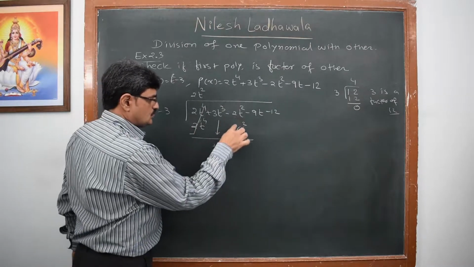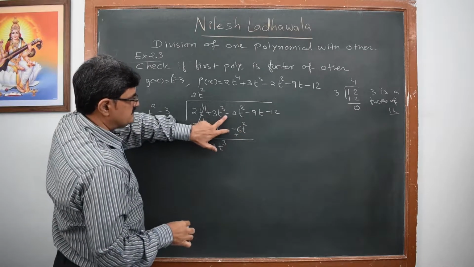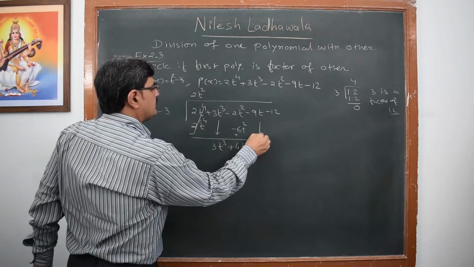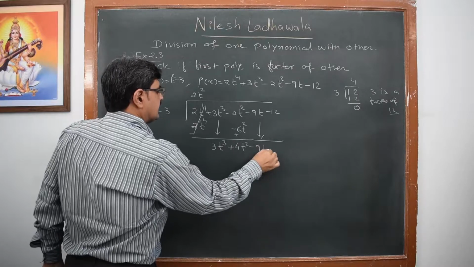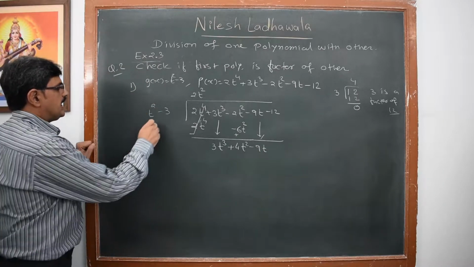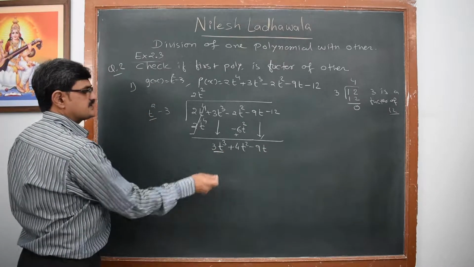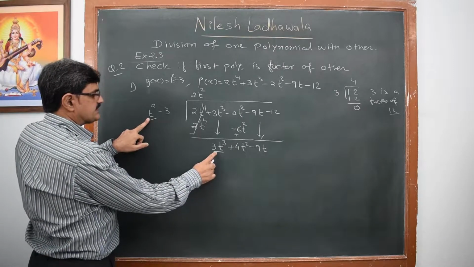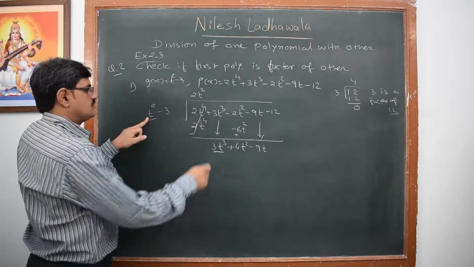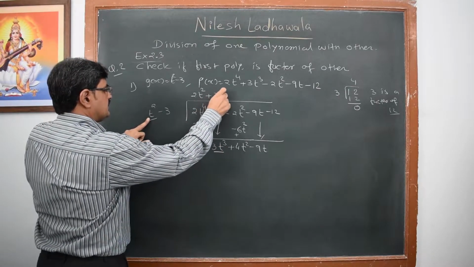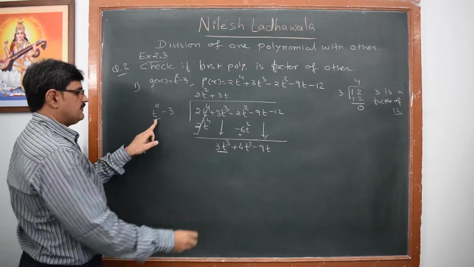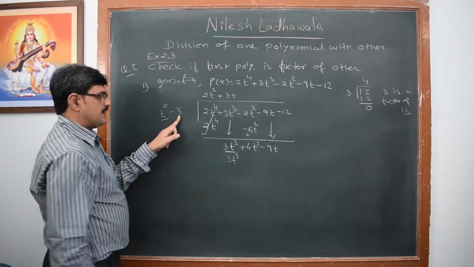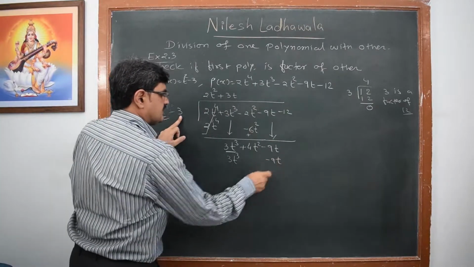Now minus 2 plus 6. What is minus 2 plus 6? That will be plus 4. Now I have obtained here minus 9t. Okay. Now here I have first term t square, I have first term 3t cube. So with which term should I multiply t square to get 3t cube? I should multiply it with 3t. Now 3t multiplied by t square is 3t cube, minus 3 multiplied by 3t is minus 9t.